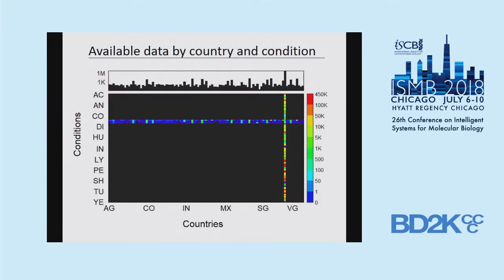And also to show that now we have data in the system for the US. Here are countries, and here you can see the conditions, the disease conditions. For the US, we had up to 92 infectious disease conditions listed here. And this is the number of data points, data observations we have per disease and country. So for the US, you see a fair amount of diseases. For all the other countries, we only have dengue-related conditions. But this worked out very nicely because having this kind of cross-section of the disease-country space enables us to build a data system that now going forward, we can incorporate any condition from any country.